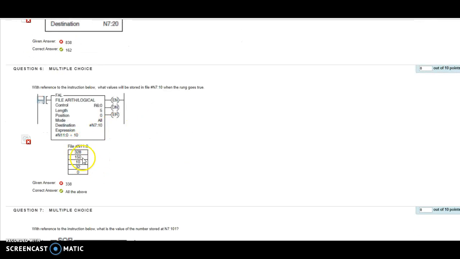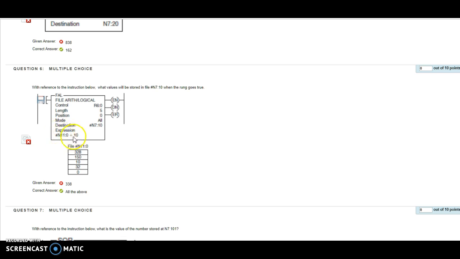So we've got this file here that if the rung becomes true, it asks what value will be stored in N710 when the rung comes true. Well, notice it's taking each one, it'll take them in order. 328, 150, 10, 32. Notice right here, this little gotcha expression is N11, which is what's down here, and then we're adding 10 to it. So it would be 338 simply because the very first thing that would happen would be we would add